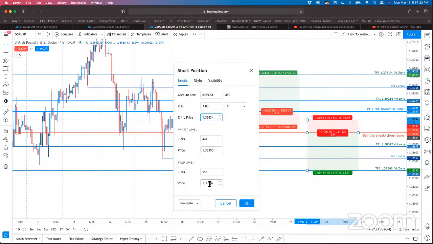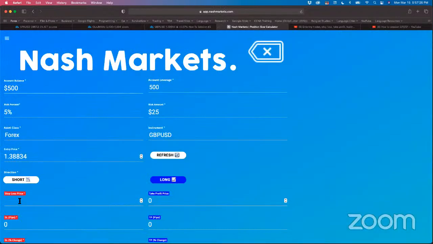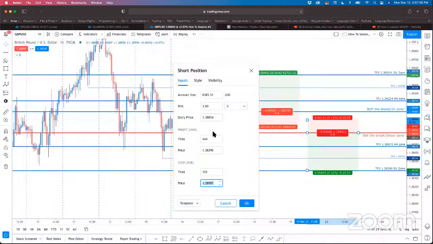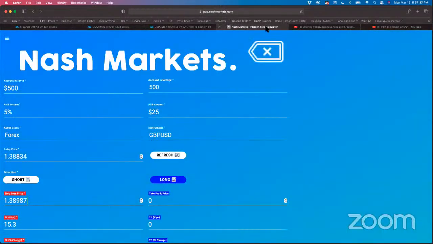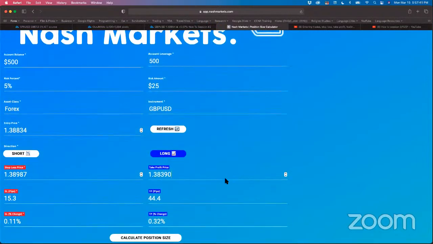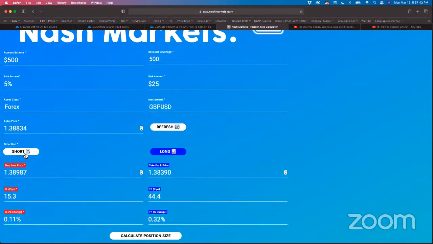My stop loss price is right here. Copy that into the stop loss. My take profit price is right here. Copy that into the take profit. And now, because we're looking for the sell, I'm going to enter the short. And now we're going to calculate